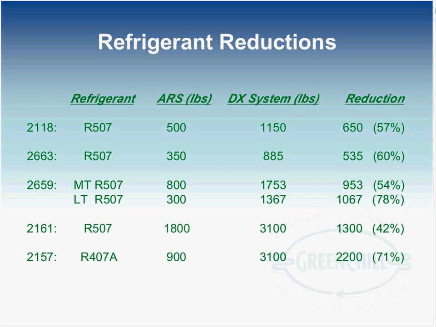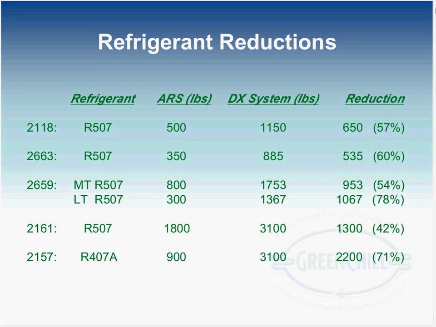And as you follow all the way through, you can see that pretty much every single advanced refrigeration technology we use, we had at least a 40% reduction in our primary refrigerant. I would point out the difference between the 2 Cascade systems, 2161 and 2157. The reason there's a different primary charge for the advanced refrigeration system is in 2161,